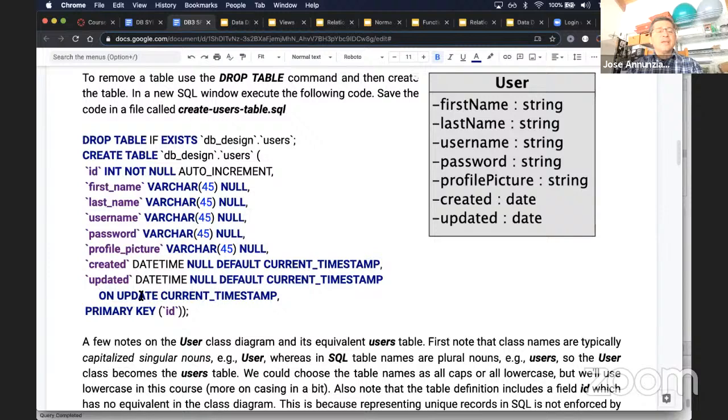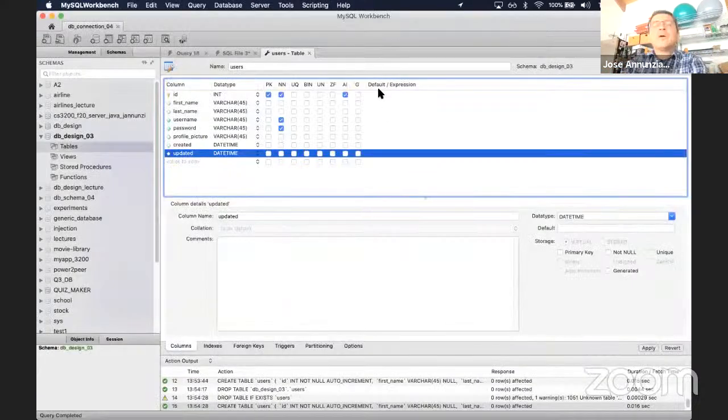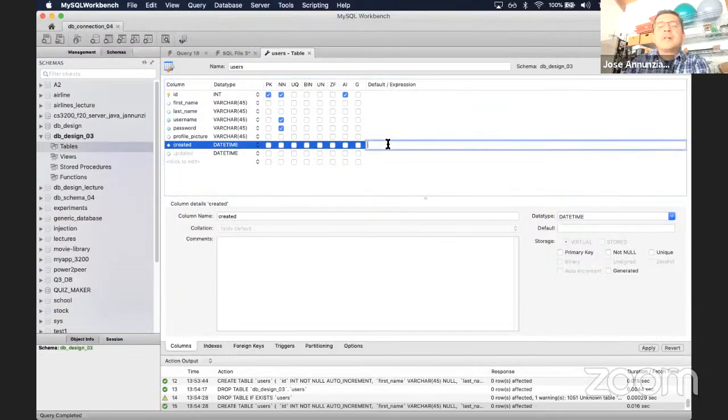And what that means is that if this field gets updated, then I want the value to change to the timestamp of whenever this was updated. So how do we do that? Well, notice here we have default. See that? We have default. So for created, if I double click here,